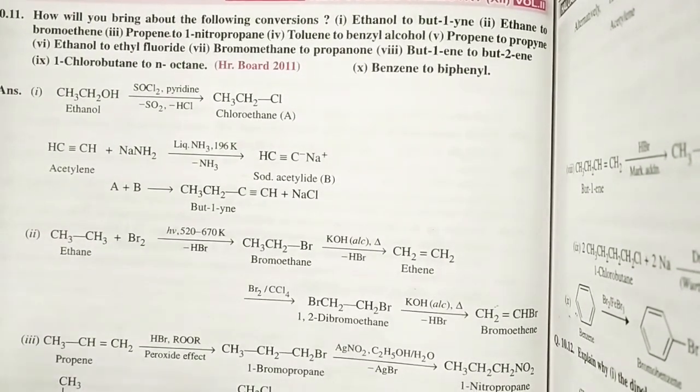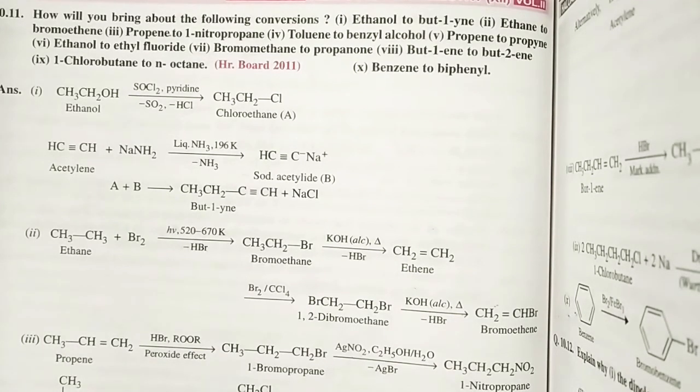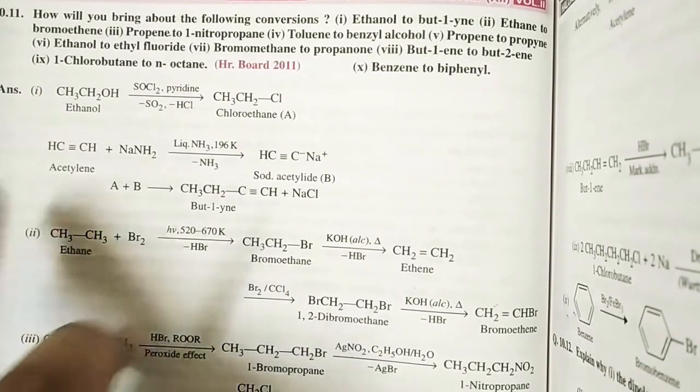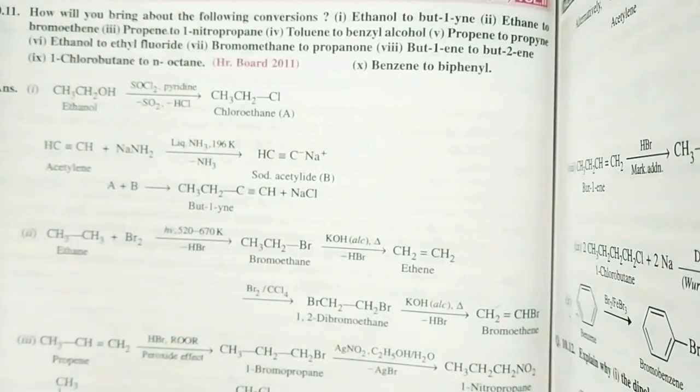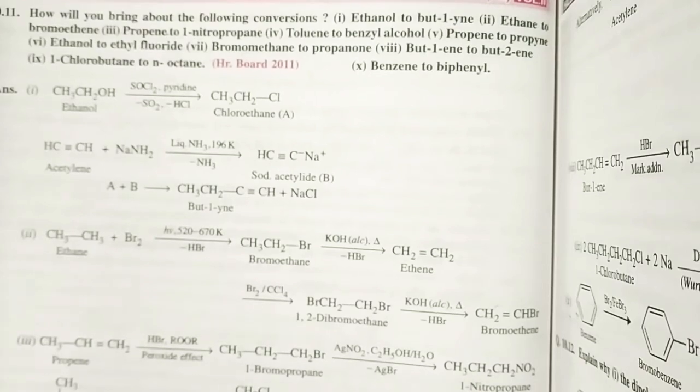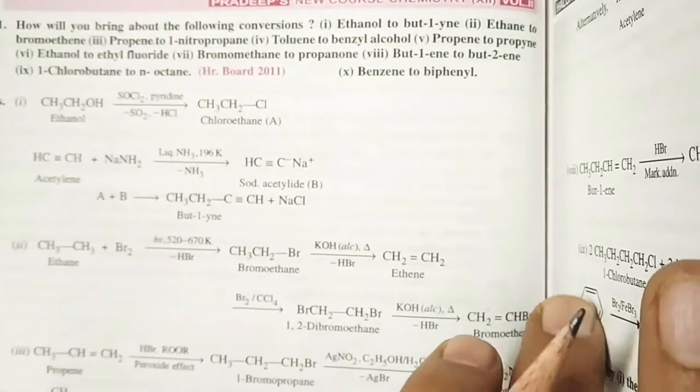And in board examinations, in the descriptive paper, they definitely say that we want to prepare ethanol to butadiene. So how do we perform this ethanol to butadiene? Because of these conversions, you get a very good idea about the whole organic chemistry concept. Some students face problems in conversions due to a lack of basic organic chemistry knowledge, and they do not have a clear idea of the whole integrated organic chemistry. That's the problem we face in organic chemistry.